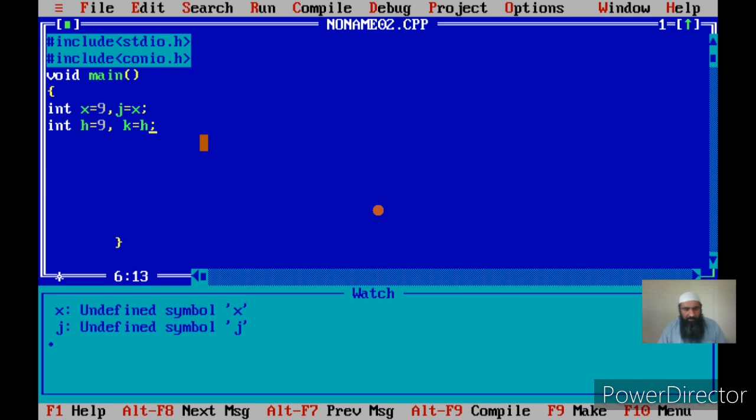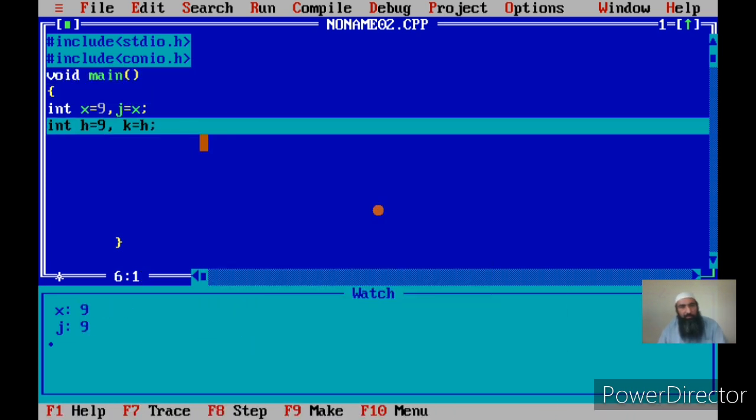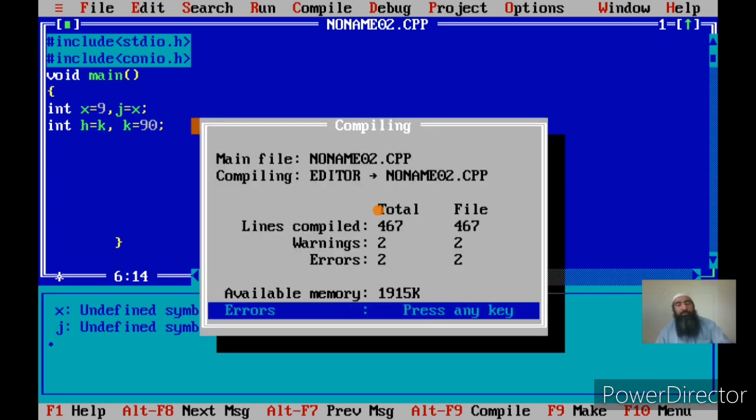This will work. See, no error will come. It is working fine. Now if I say it the other way around, h is equal to k and I assign 90 to k, vice versa, will this work? No, it won't work. There will be errors.